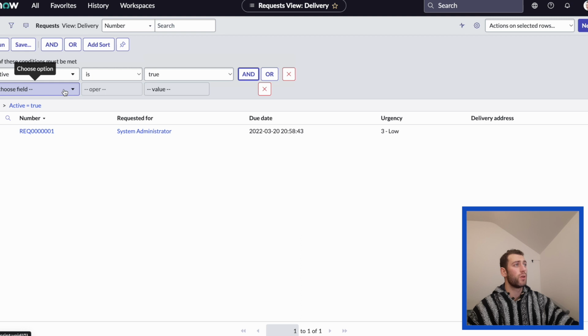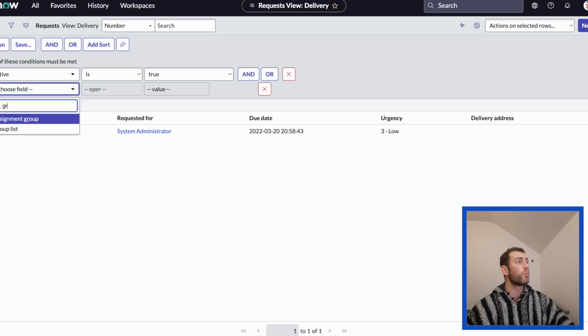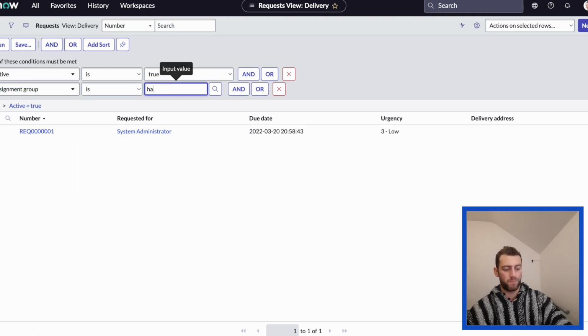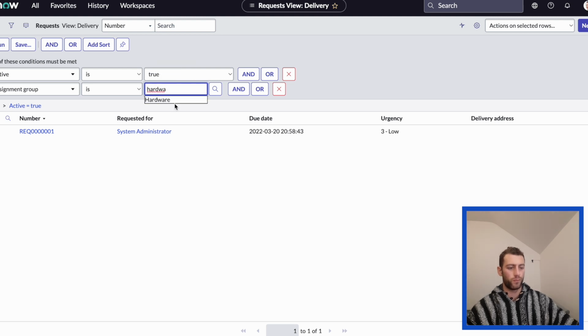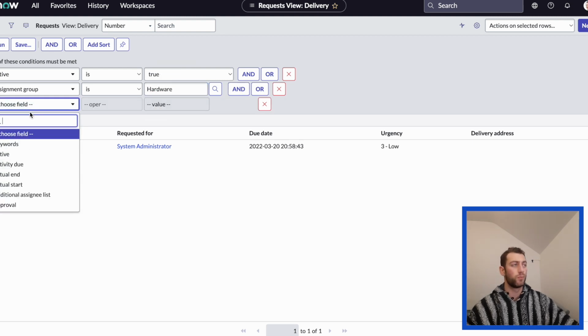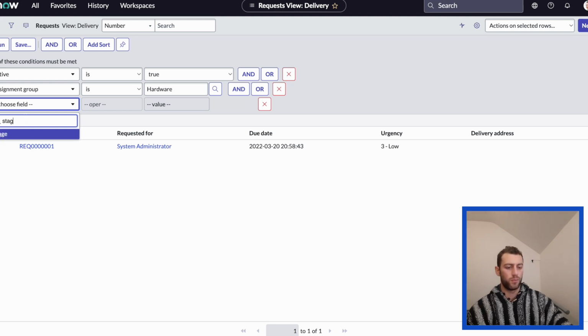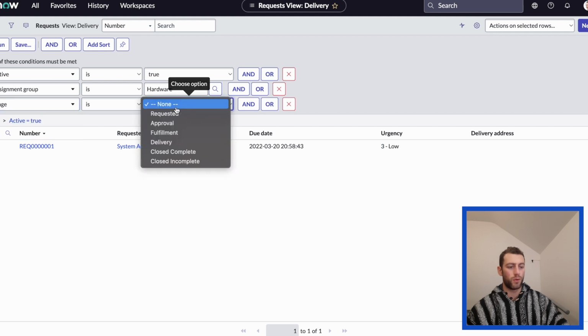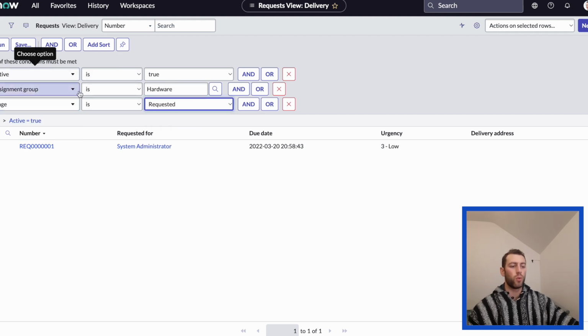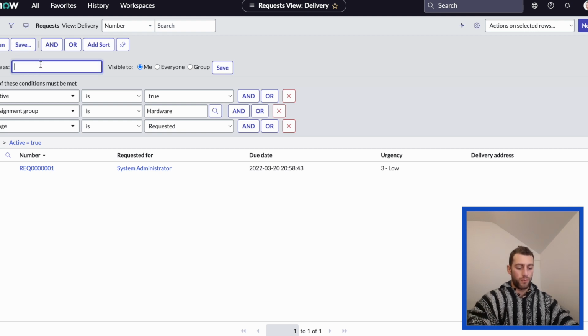So active is true. The assignment group is hardware. And stage is requested. So we've input all the conditions that need to be met, and now we're simply going to click save. And now what this will do is it'll keep this list of conditions for if we need it again. So we're going to click save, and hardware requests